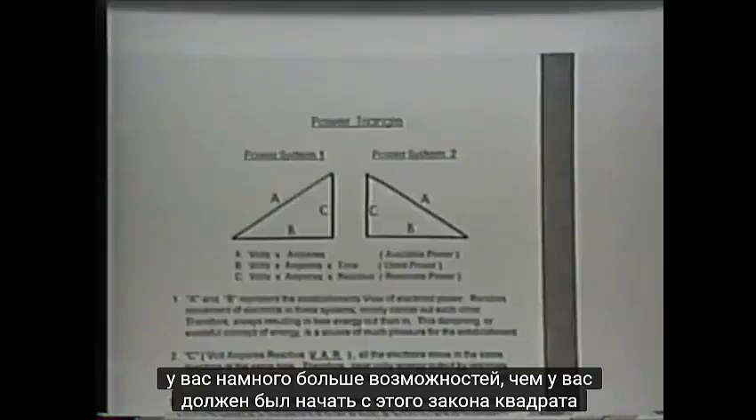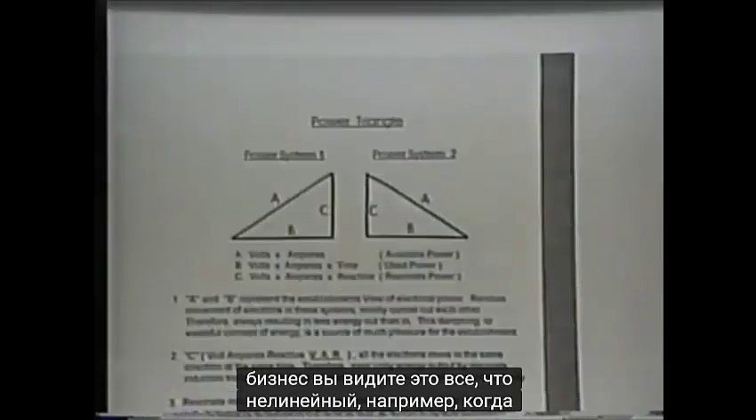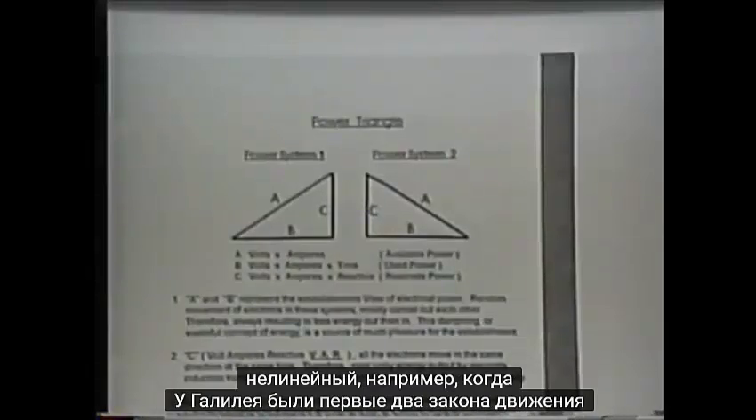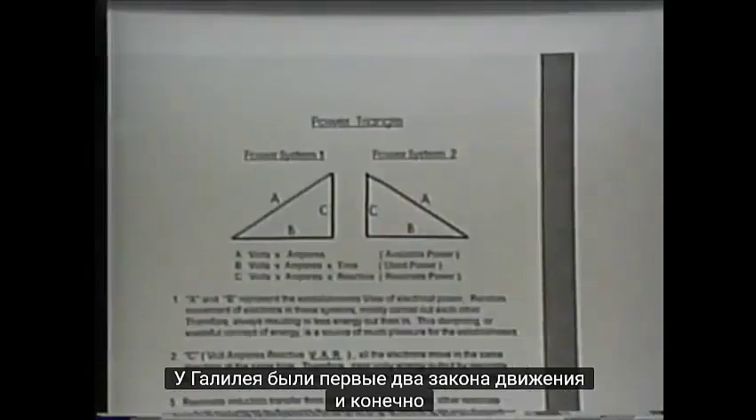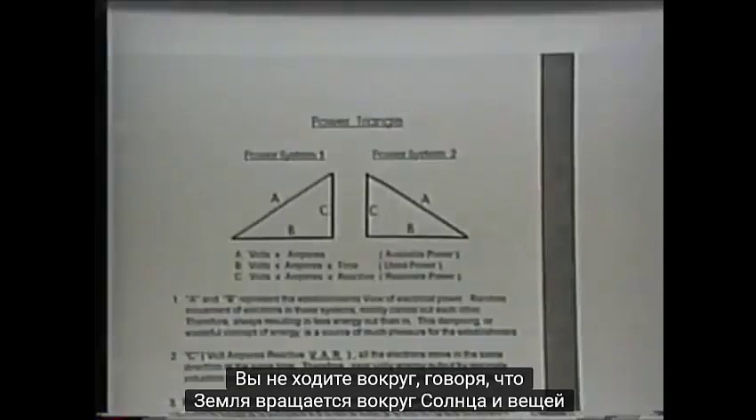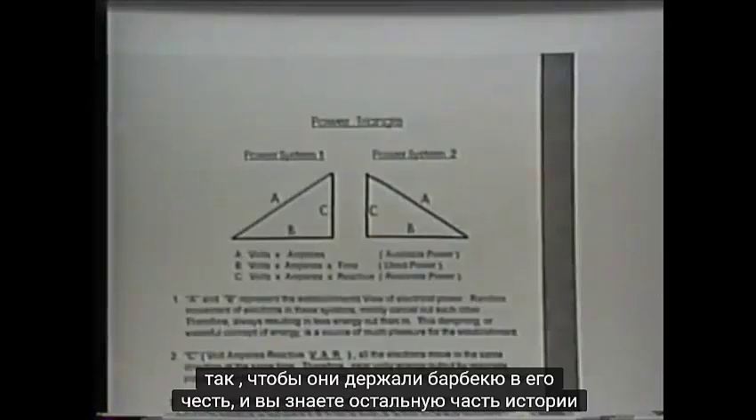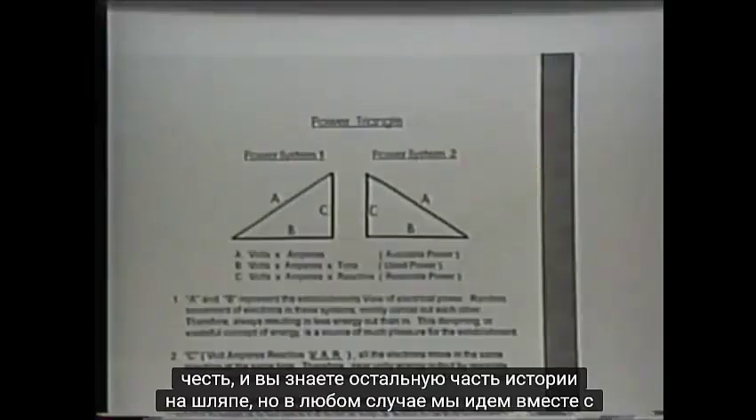So this law of squares business, you see it in anything that's nonlinear. For example, when Galileo had his first two laws of motion, and of course he got rewarded for his effort, because you don't go around saying that the earth goes around the sun and things like that. So they held a barbecue in his honor, and you know the rest of the story on that. But anyhow, we go along to